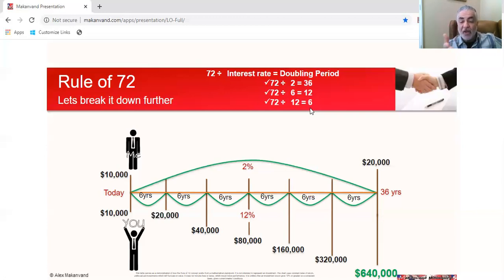Now again, stupid question. Which one would you rather have, John and Mary? $20,000 or $640,000 after this period of time? The answer is obvious, $640,000, right? But how's that possible? Didn't we both start with the same amount of money? Didn't we both wait the same exact period of time? We were both patient, we were both savers, we both started with the same ability and the same wherewithal. But is that a little difference or a big difference? It's a huge difference, right? How is that possible? That's the magic of compound interest.